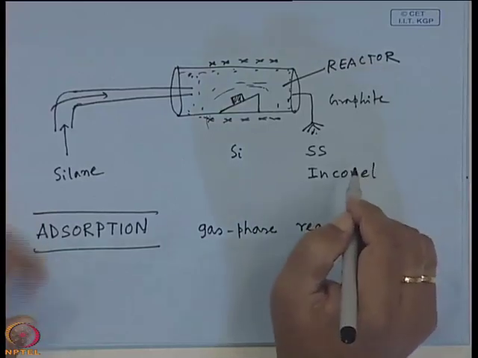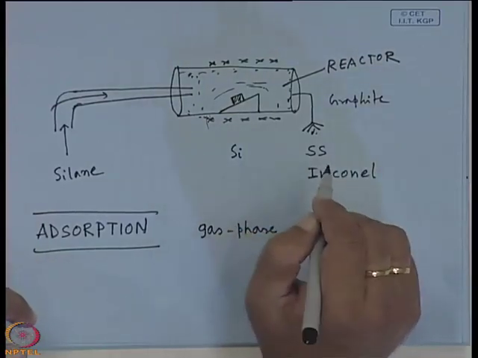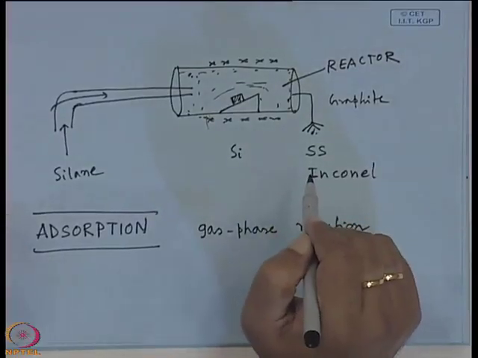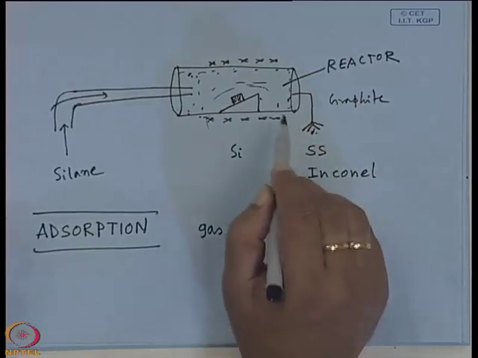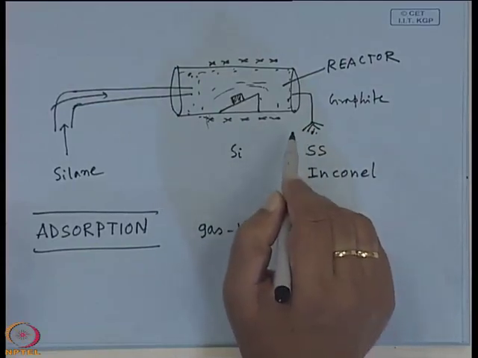What is the difference between APCVD and LPCVD? In APCVD you need not bother about the vacuum, because it is the whole atmosphere. The pressure inside or outside will be the same. But when you talk about LPCVD, the pressure inside the reactor chamber will have to be reduced. But how is it reduced? It is reduced by some pumping arrangement.